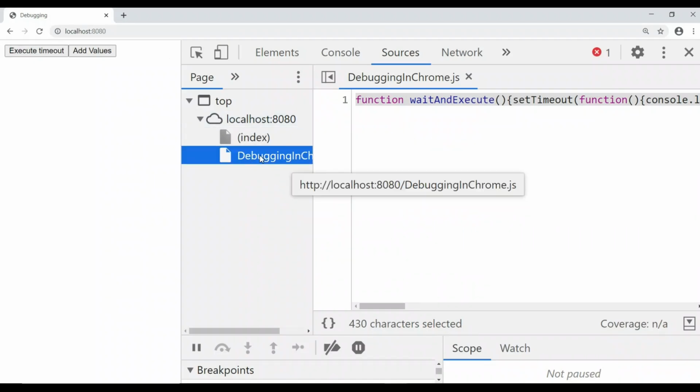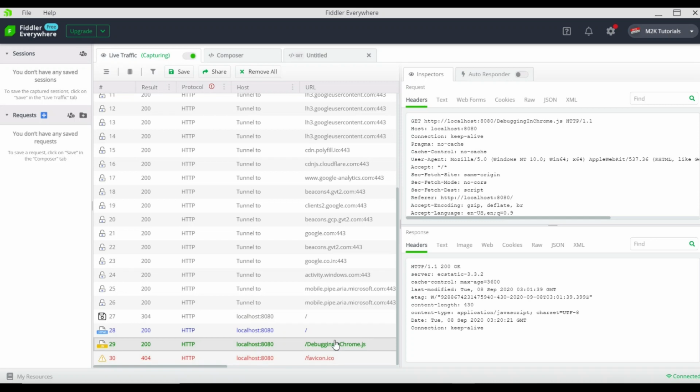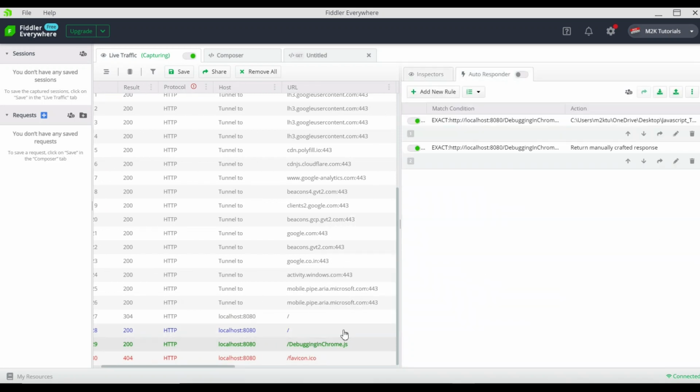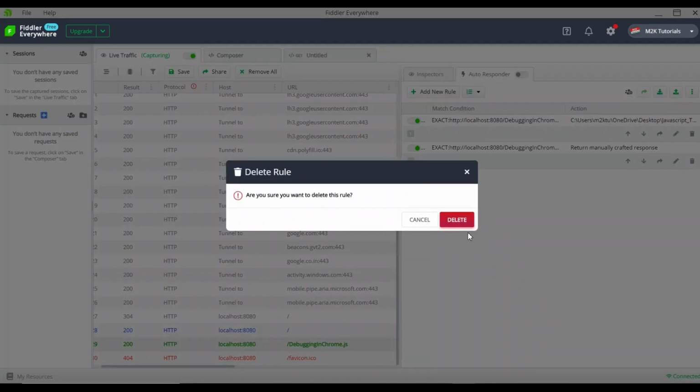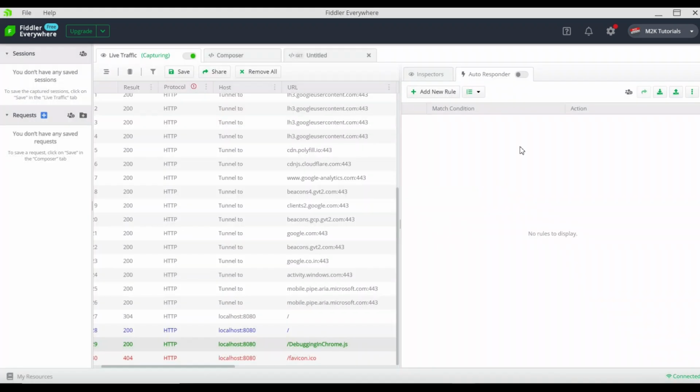That is also tracked by Fiddler. So what you need to do, you click on this one, right click, add new rule. Okay, now your rule is there. Let me remove the earlier one which I created. So here you first need to enable this autoresponder.